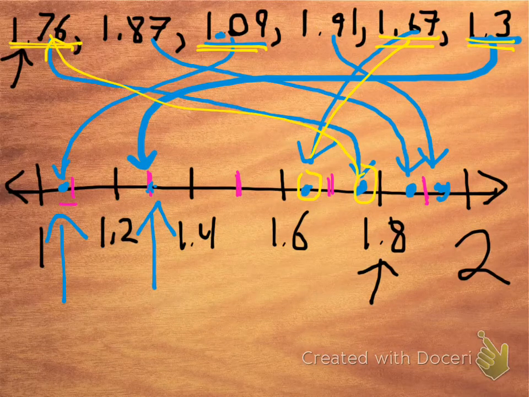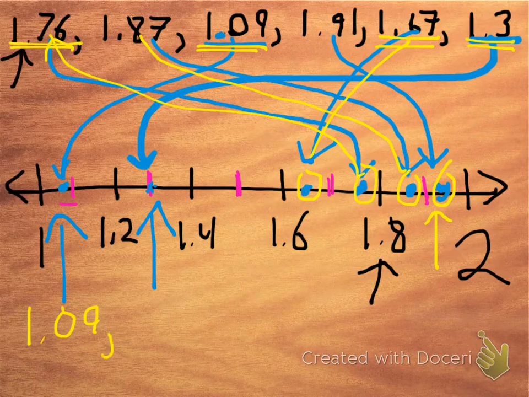which is 1.76. That's immediately followed by 1.87, which is right here, and finally 1.91, which is not drawn perfectly. 1.91 ought to be a little bit to the left, kind of where that arrow is pointing. Okay? Now, using this model of 1.91, we can go ahead and write down the correct